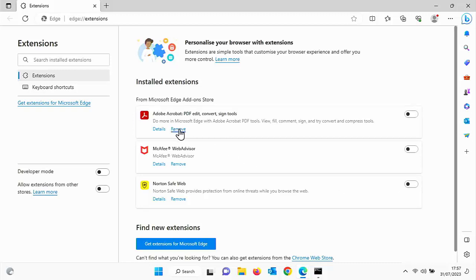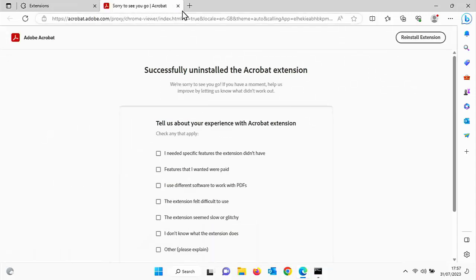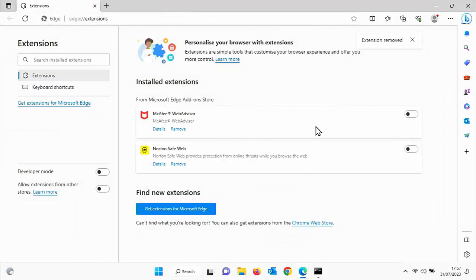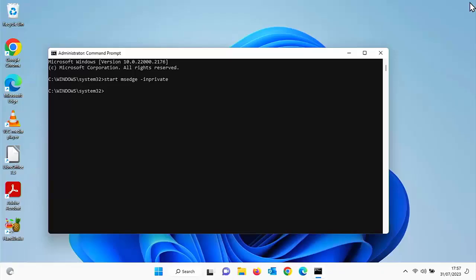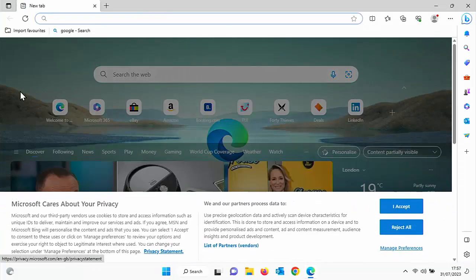So we can just click the word remove and then click remove again, and that will fully remove the extension. But what I would suggest is turn each of these extensions off if you've got any in there, close down Edge completely, and then reopen it again just as you normally would, and just see whether it loads or it